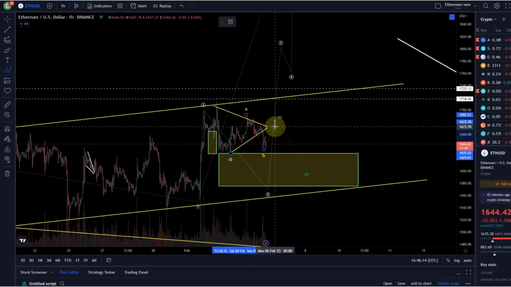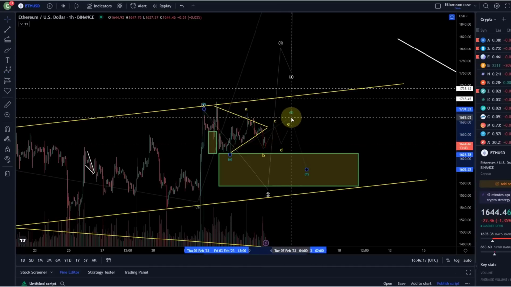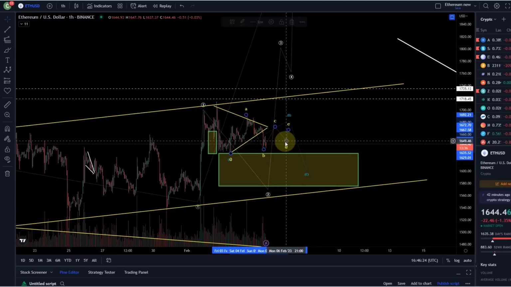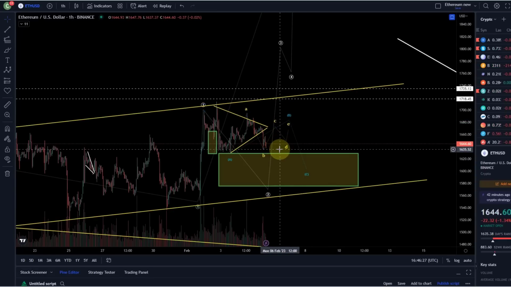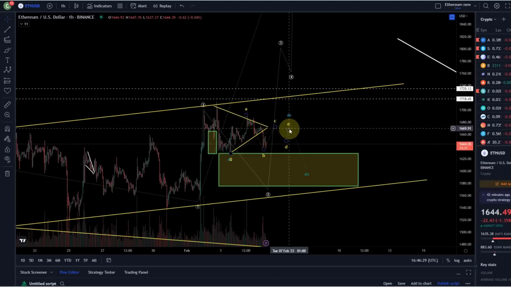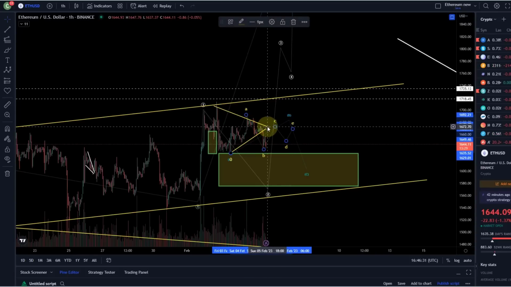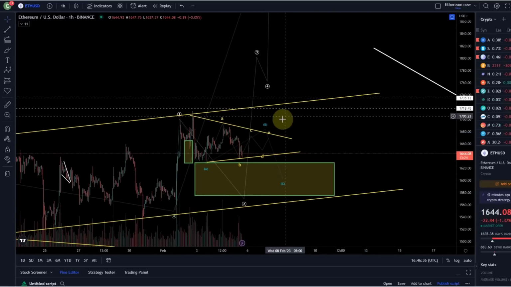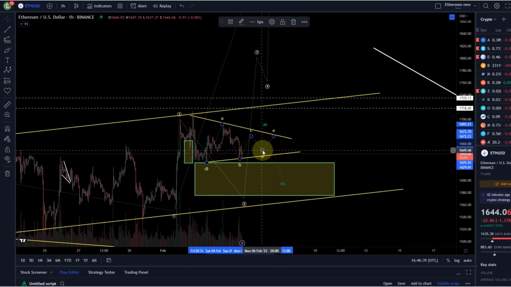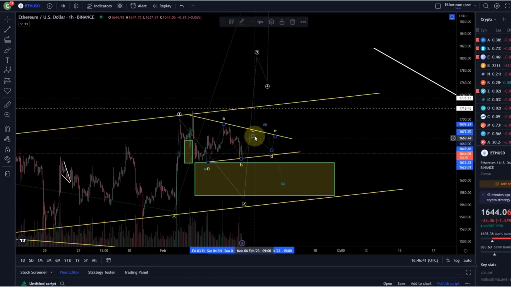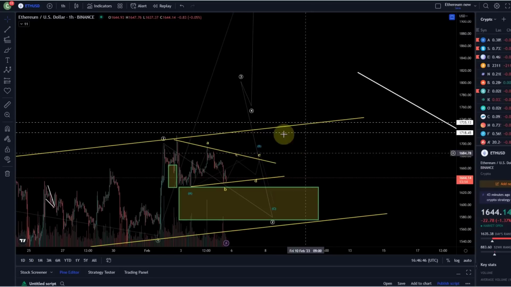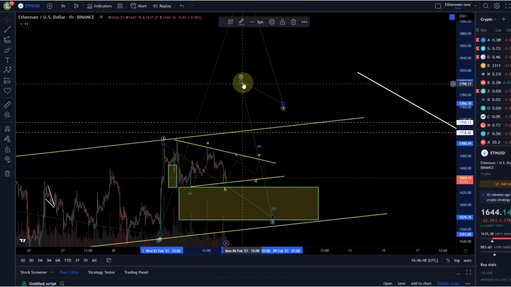A, B, C, D, E. And as long as we now make lower highs, and stay below the A wave high, so below 1695, and as long as we stay above the B wave low, which is currently at 1635, this could become a triangle, basically a larger contracting triangle. Why not? We need to have that on the radar and need to expect possible extended sideways movement here, and then the B wave top and the C wave down in the end. So the B wave could be a triangle.